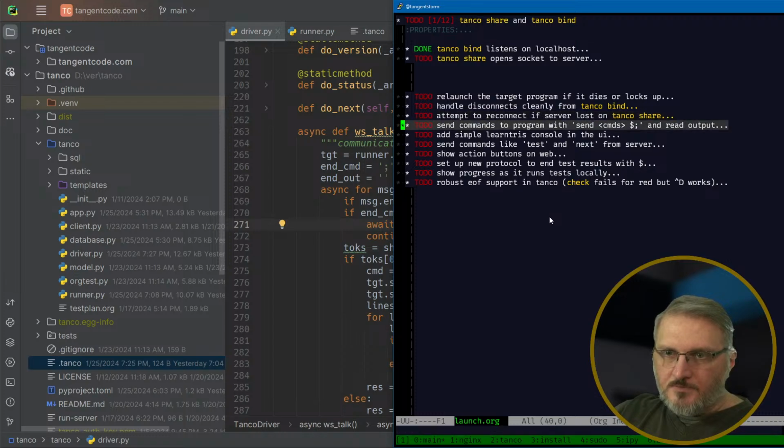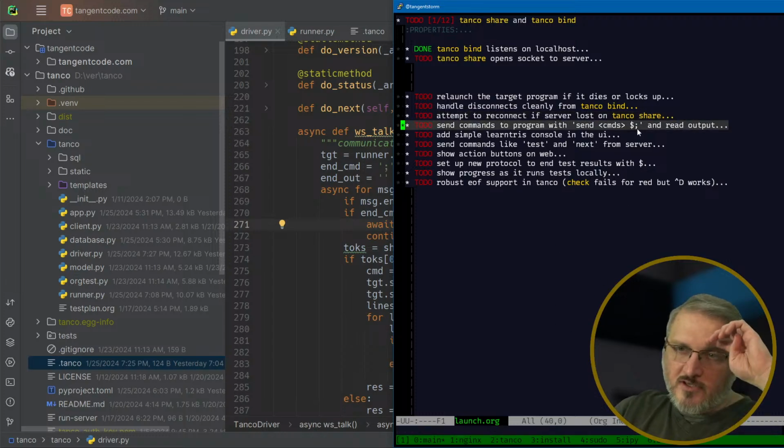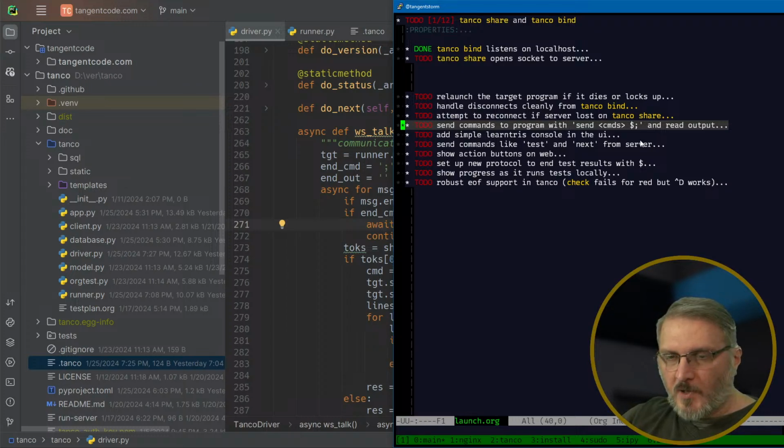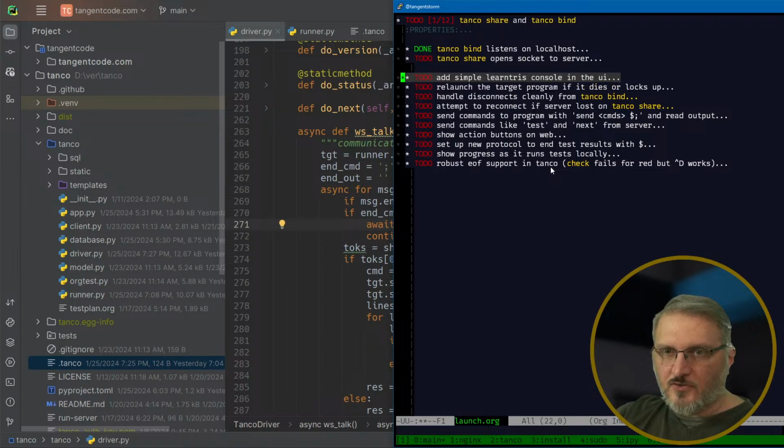All right, so then, yeah, I wound up not doing the $ thing. I was going to have the $ actually print a $, but then I just decided to use the semicolon as a way to trigger a particular output. Because we're only sending that output if we want to say there'll be some kind of run command or whatever. But I think what I'm going to do first is add this console